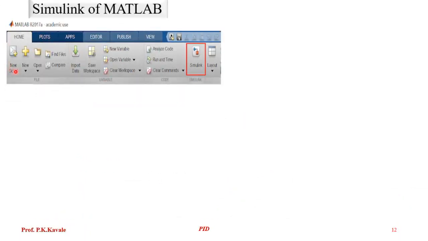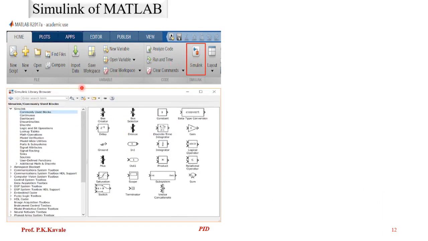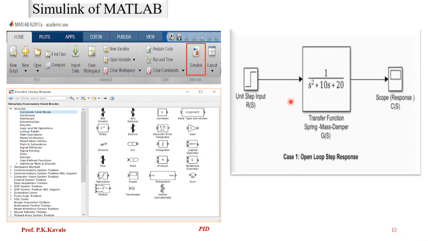When you open MATLAB, you will get Simulink on the toolbar. If you click it, you will get some library. From the library, choose proper blocks for building your system. Pick up a block, drop it in the page, and connect it with lines. So you will build this kind of system.